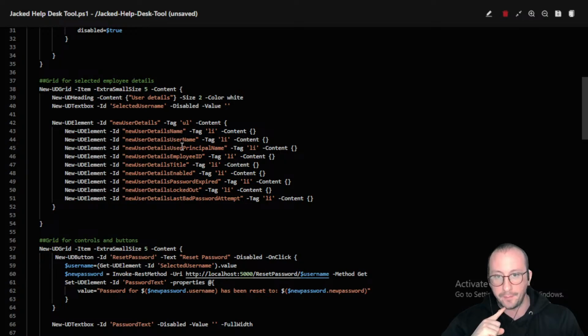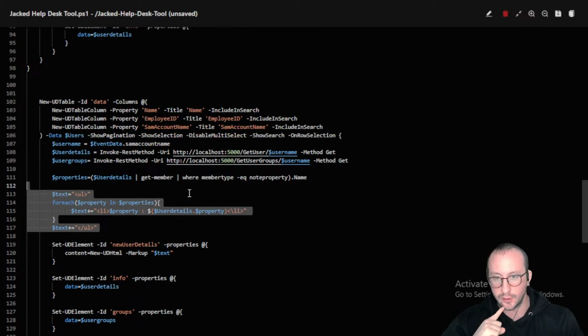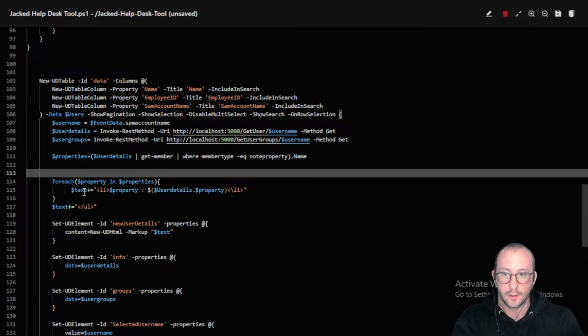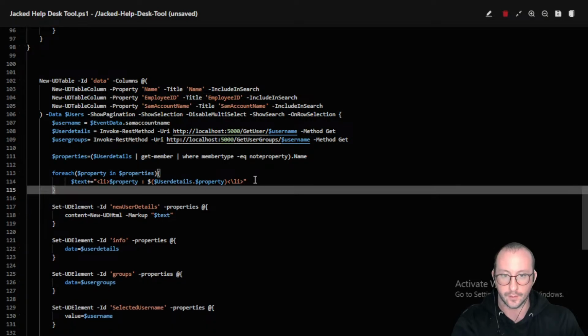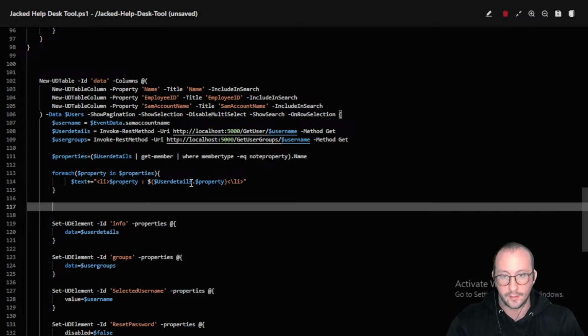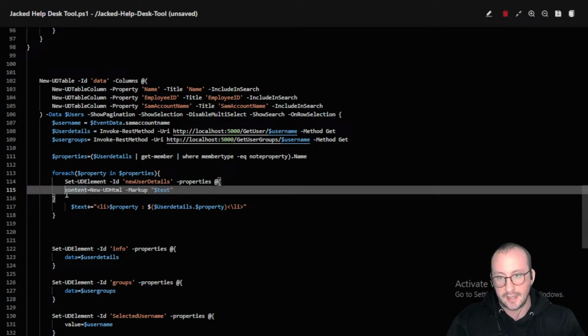Because we named them with all the actual property names, what I might actually be able to do is for each property, we can go ahead and set the element